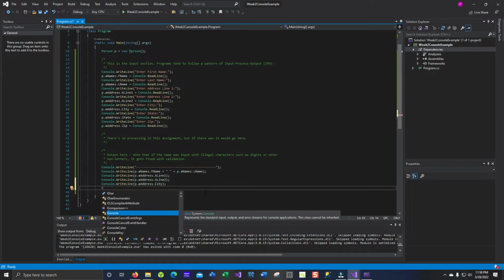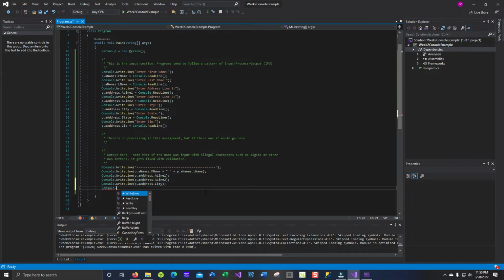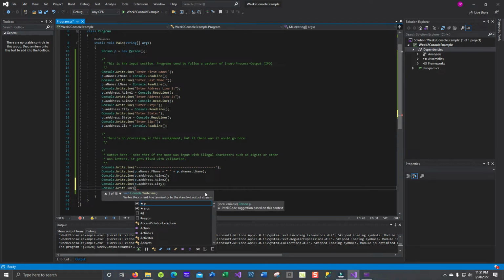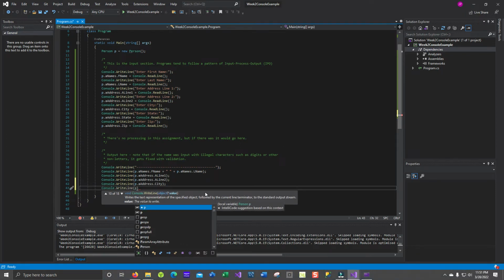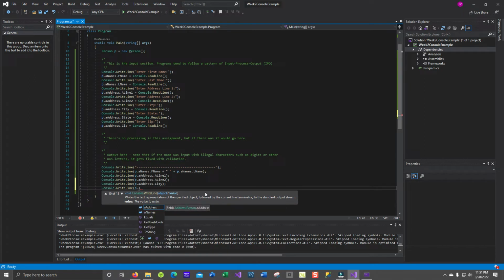back to the beginning, console, dot, right line, so all I have to do is hit tab again, open parentheses, and P, dot, tab for A address because it's highlighted, dot, city, we need state. Now at that particular point, I think I can just hit S, yep, hit tab, and it'll fill it in, and then